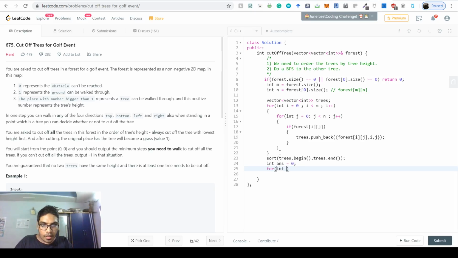So for int i equal to 0, i less than trees.size, i plus plus. Okay, we also want to have other variables called int current row, which is equal to 0, and int current column, which is equal to 0.